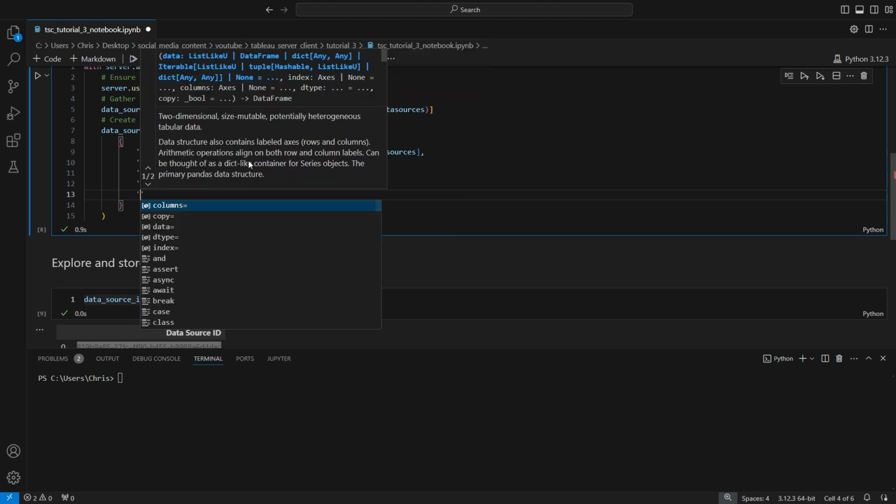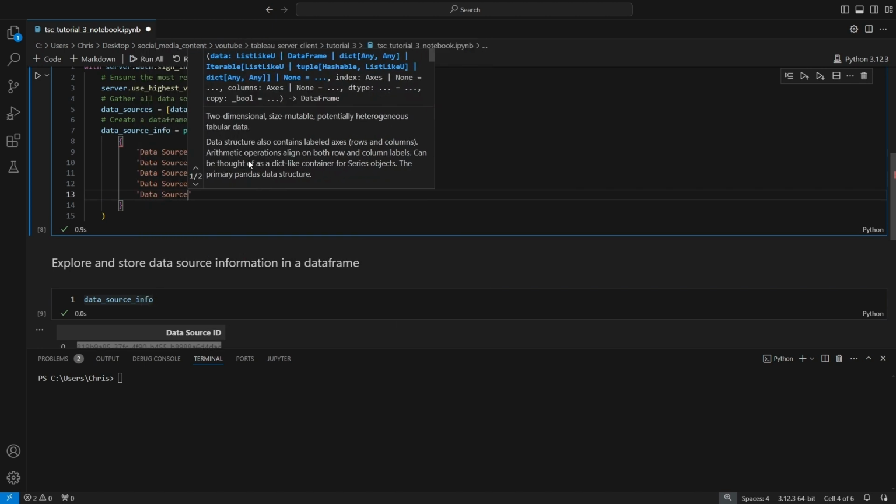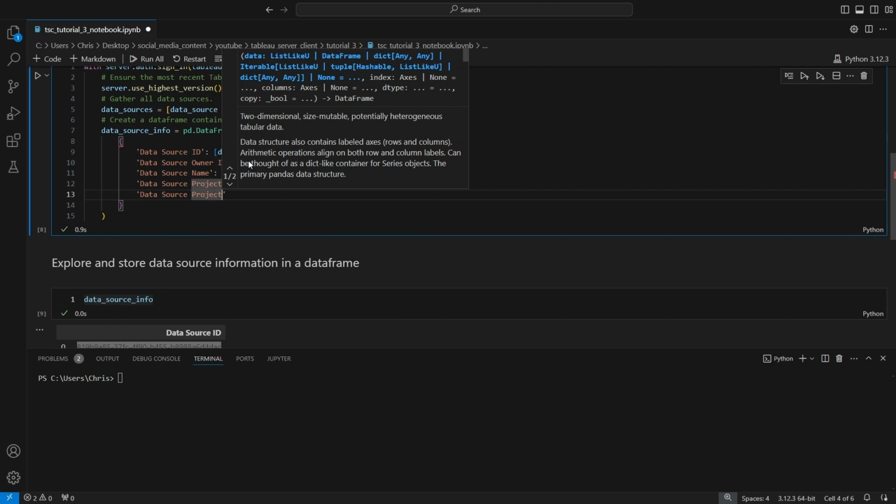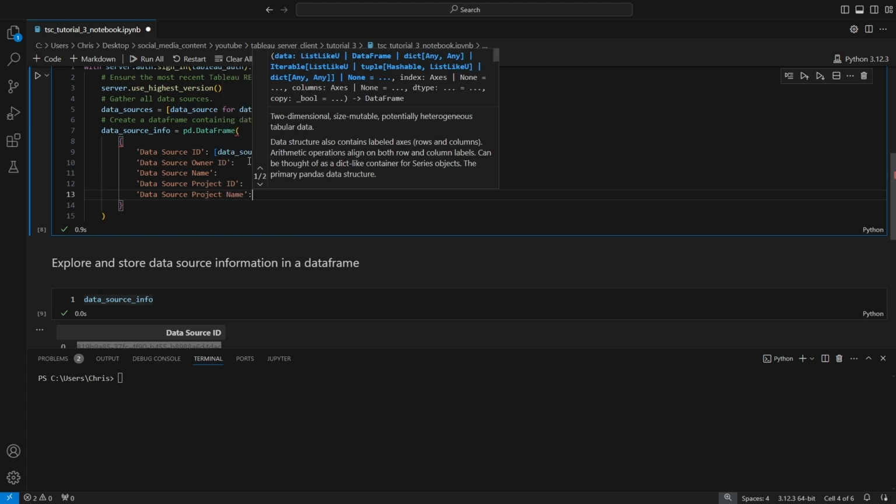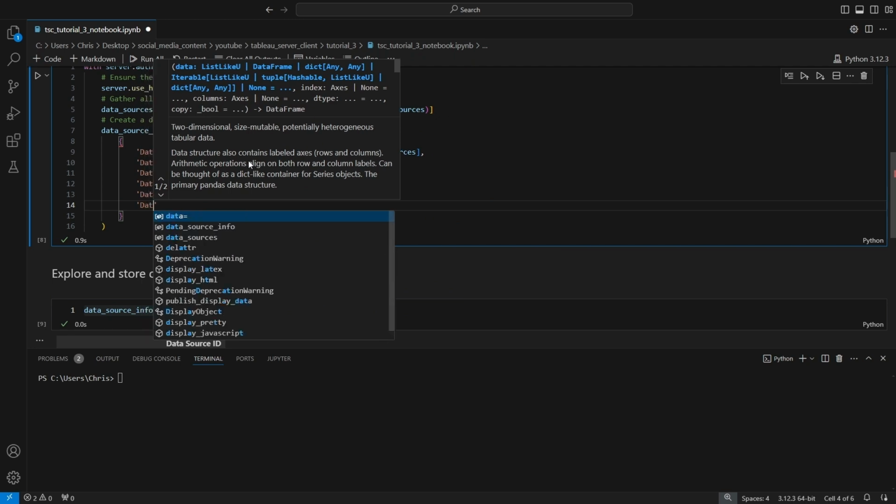We want the data source project name. So where is the data source located within our Tableau server? Project in Tableau Server lingo is basically a folder. If you think about your file system on your local machine, that's a folder. So project name, and let's do data source